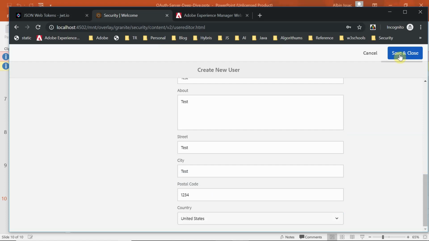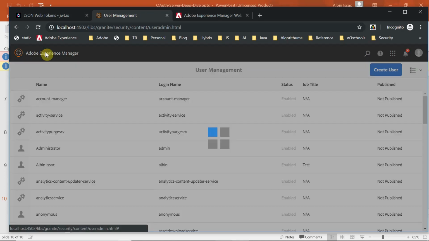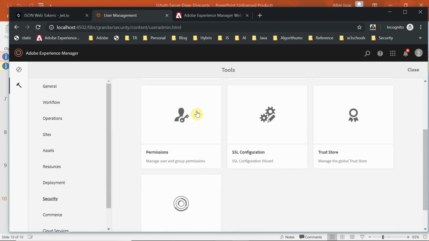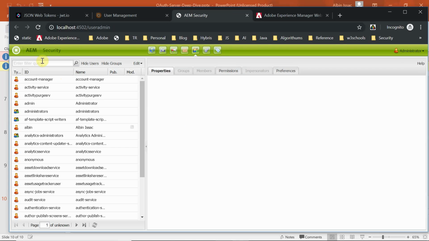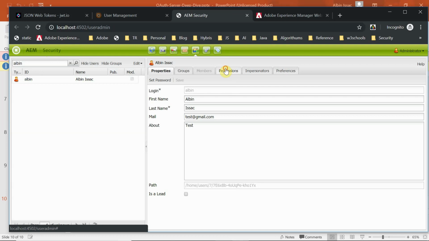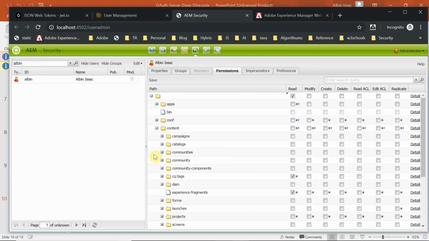Now let us give some permissions. For that, again go to Security, then Permissions. This shows what user permissions you can provide. I'm going to provide complete read access. Then I am going to do the demo on the content DAM for the custom scope, so I will go to DAM.